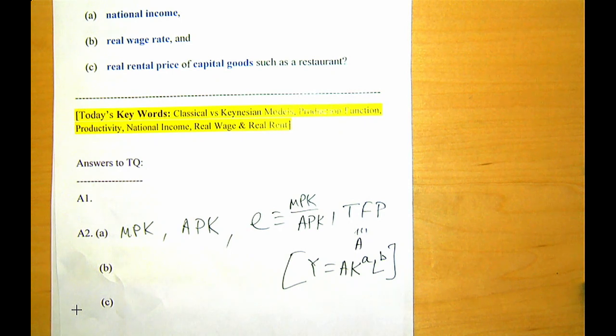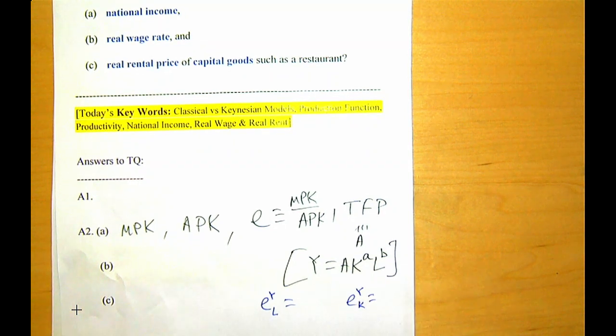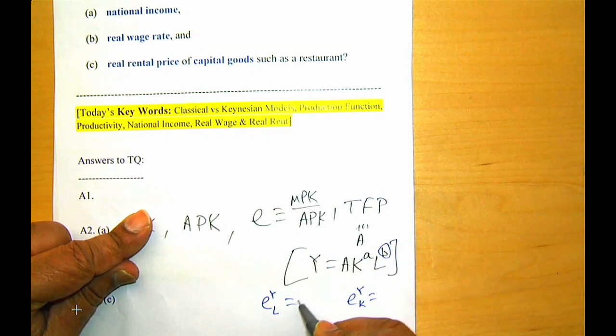So all I said, these are the things. So let me quickly quiz you and get the answer. What is the value of the elasticity of output, I mean the percentage change in output, with respect to labor? And what is the value of the elasticity of output with respect to capital? Raise your hand from this side first. Try, quickly. Somebody must know. What is the elasticity? Yeah, B, that's the correct answer. It's a power, right? So this B is the answer.